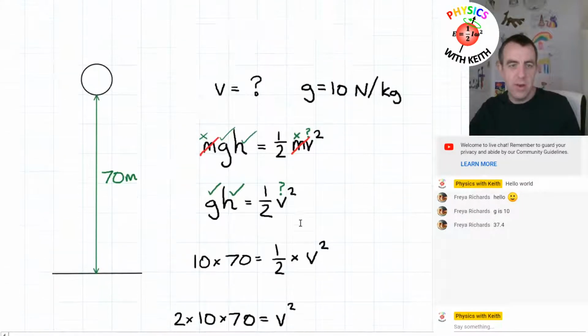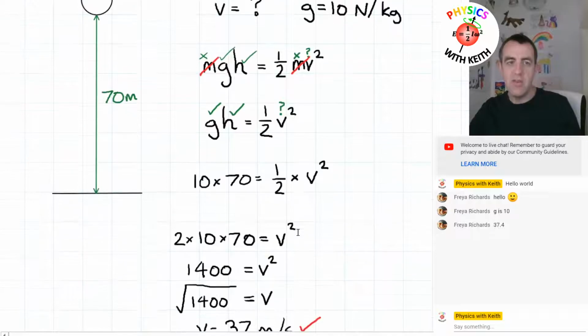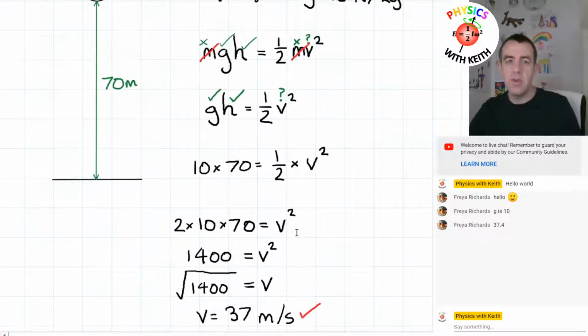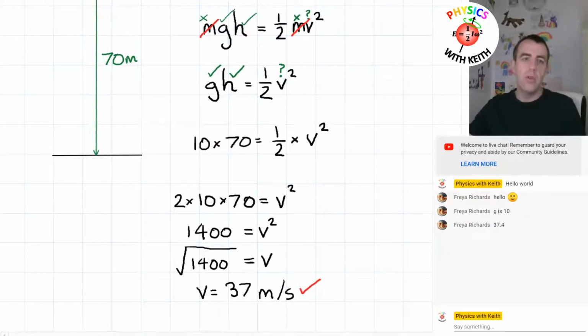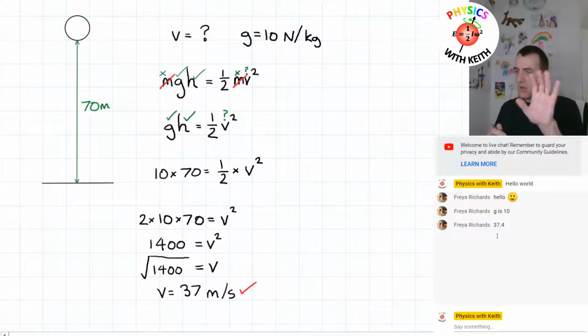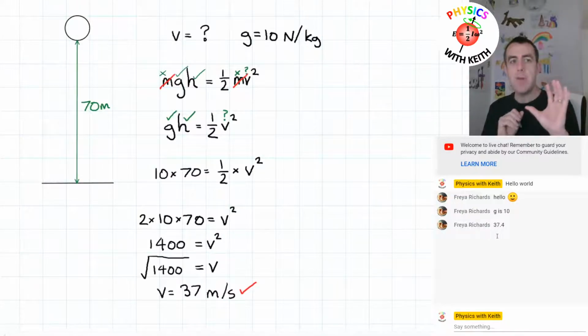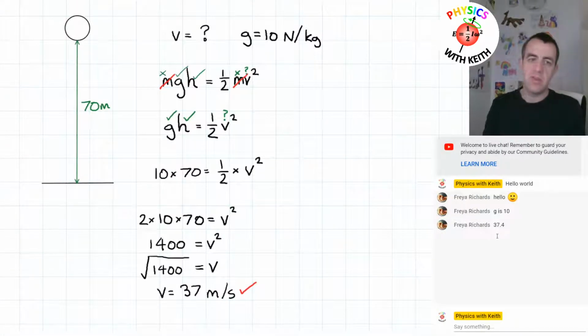So I will give you another one of these where I'm not going to give you the mass, and I'm going to want to know the speed it hits the ground. And what I want to encourage you to do is to work through all those steps yourself. So I won't leave them on the screen. I will hide them. I will scroll down and I'll give you the new problem. But I do want you to work through all those steps yourself, because all of those steps would be needed